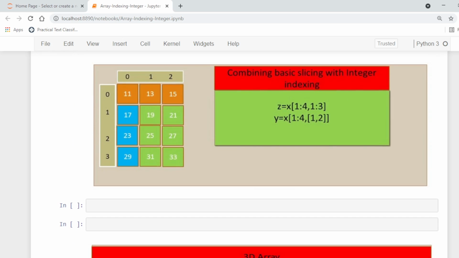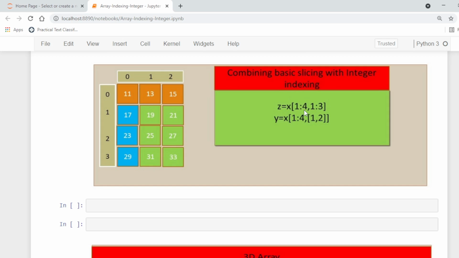We can combine the basic slicing with the integer indexing. In this example we are combining both. This is the array X. So we are going to extract the rows 1 2 3, meaning the second row and third row.